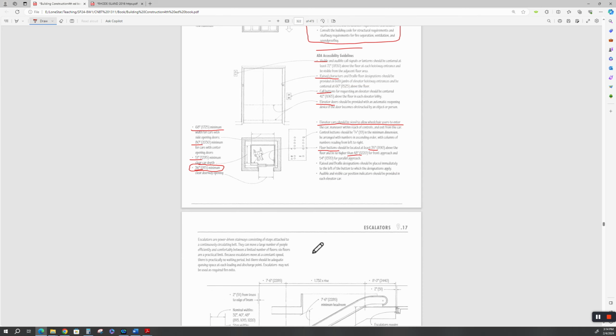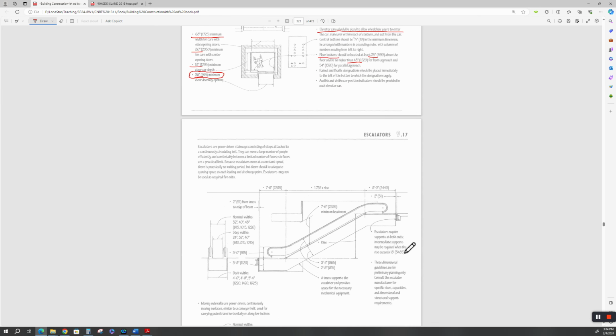Much of building code will have their own escalators. Boy, these are a pain. Man, do these eat up a lot of space. They're expensive, and